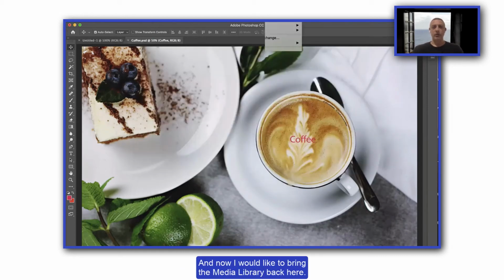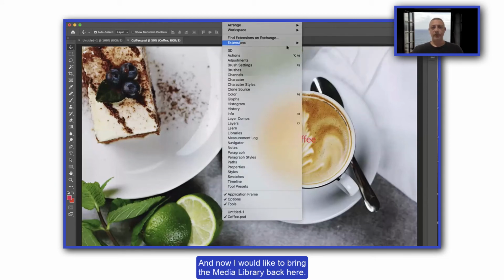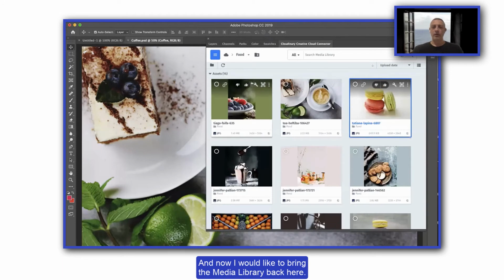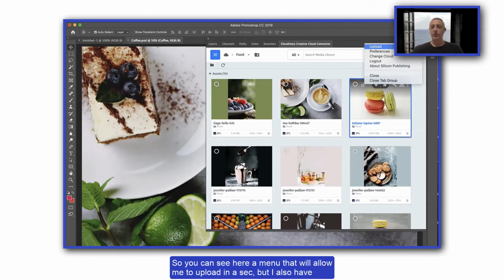And now I would like to bring the media library back in. So before uploading, I just wanted to show here the different options that we allow. So you can see here a menu that will allow me to upload in a sec, but I also have here some other options. And let's have a look at the preferences submenu here.